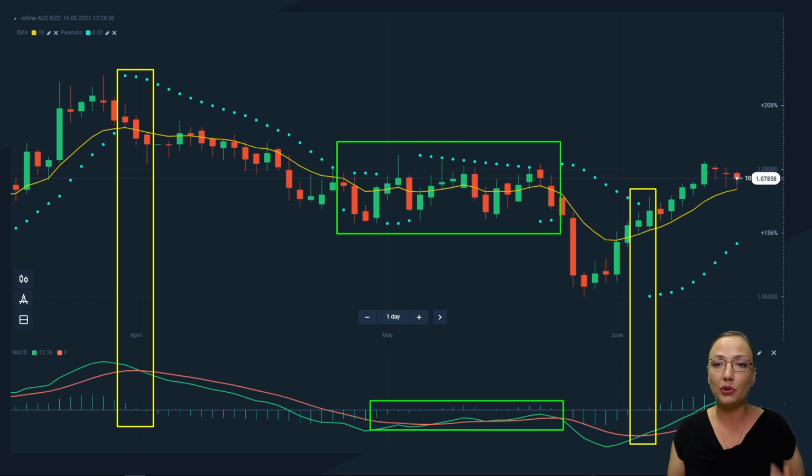These areas can be used for entry points, and likewise for exit points for previously opened trades on the previous trend. What you want to remember is that when the lines on the MACD are spread out from each other, whenever they are far away from each other, and the parabolic SAR is far away from the price, we have a strong trend. Now, when the lines start approaching each other on the MACD, and likewise, whenever the parabolic SAR is getting near the price chart, this means that the